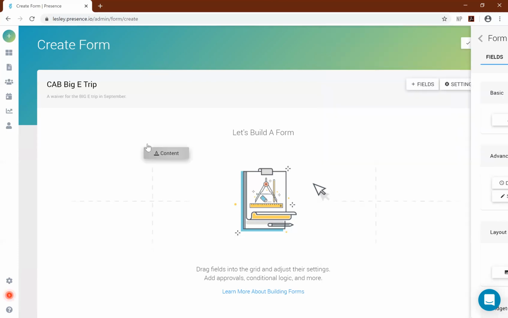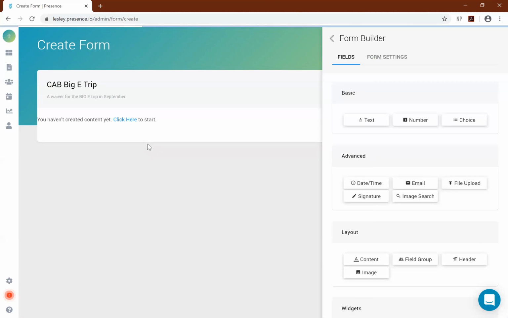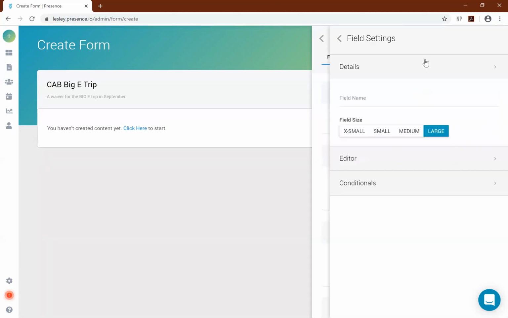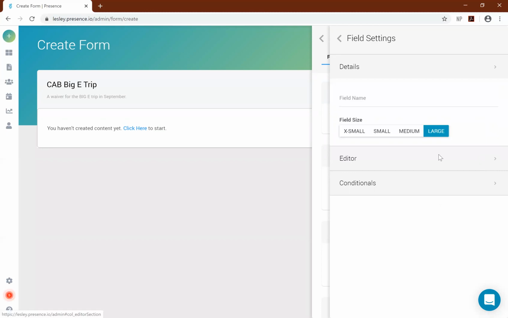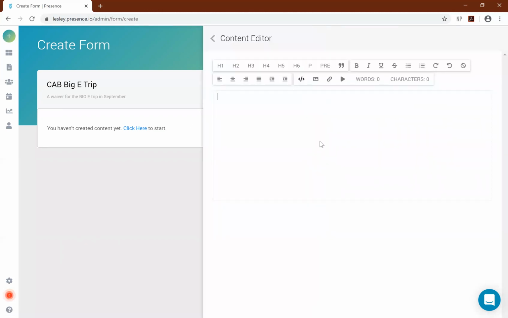So you can add a content box and you just drag and drop. And then a new box will appear over here. You do not have to name it if you do not want to, but if you click Editor, that is where this large box opens up and you can add information such as